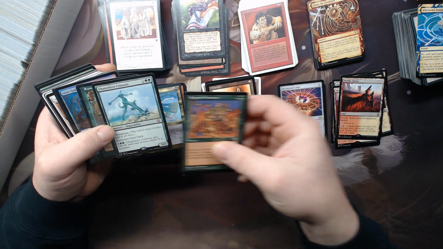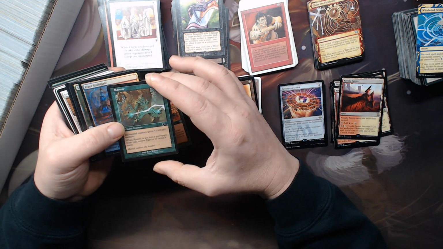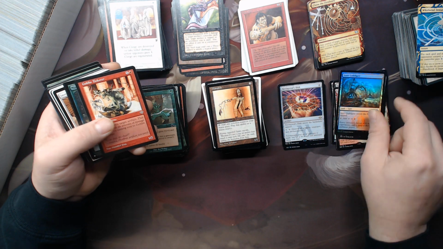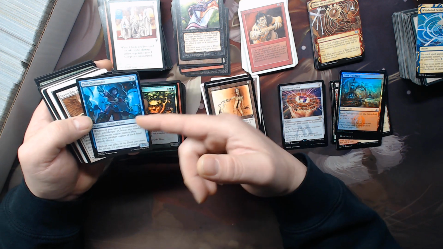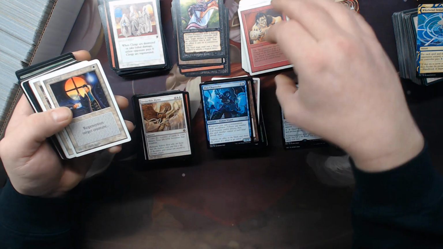Superior Numbers. Mannequin, I use. It's not the prettiest Rancor, but you know what? It's an original Rancor. Tinkerer. Y'all know I'm a sucker for that art for Morrow. The Chandler. Use that. Invincible Hymn. Some more